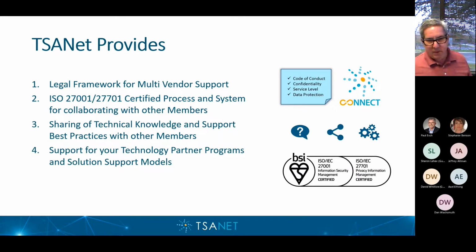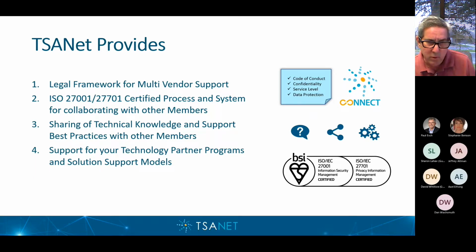If I look at TSANet from a holistic perspective, what do we really do? What we do is we provide a legal framework. There is a code of conduct that every member signs that goes through the fact that this is a formal legal process, and this is how you're going to handle confidential information. So we provide that, but then we give you the flexibility to use TSANet as a relationship infrastructure, meaning you can also provide different types of relationships. As limited members, you've actually been drawn in to one of those relationship types, and we'll talk about that a little bit as we get into this.